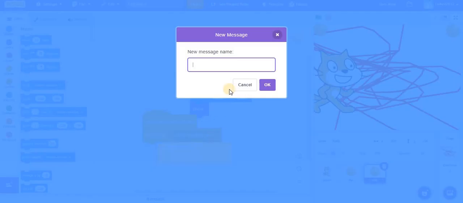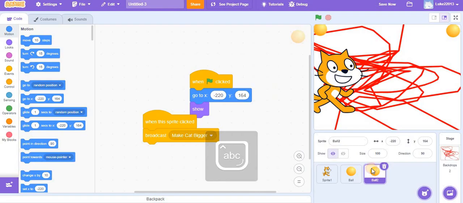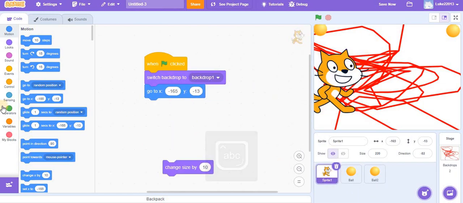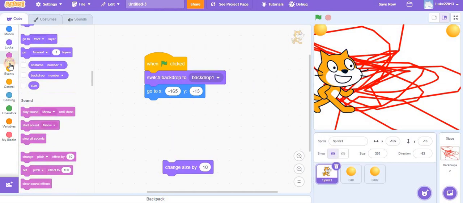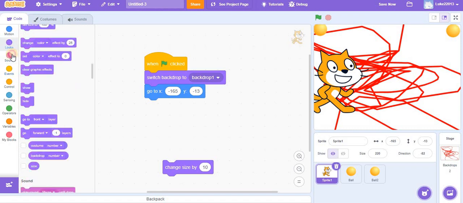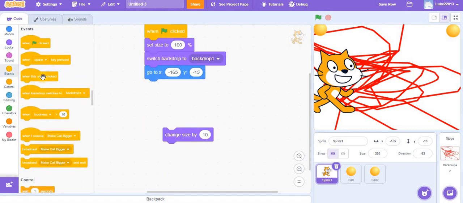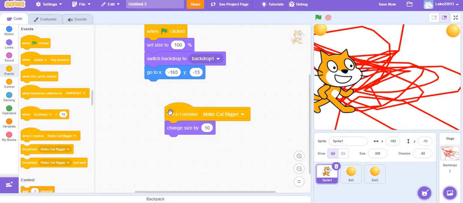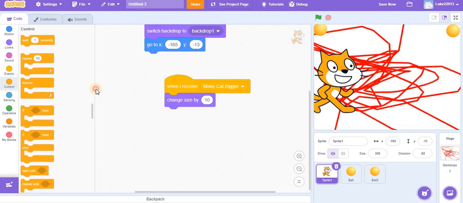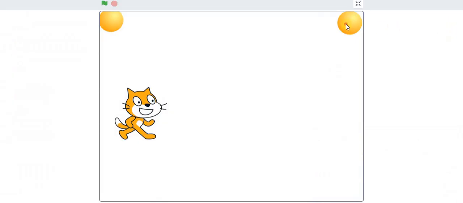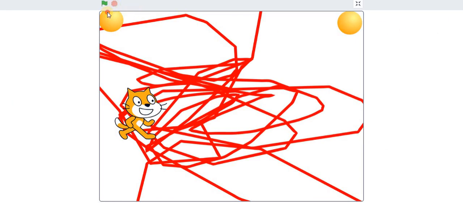When you click the new message button, you can make cat bigger. And this also is supposed to be set size to 100%. And when I say make cat bigger, you need to go to a forever loop. So if you click this button,